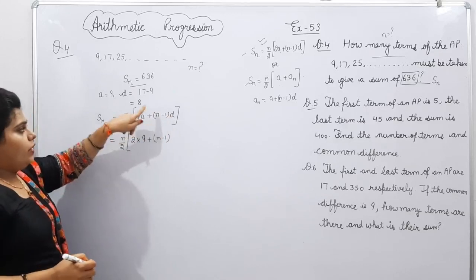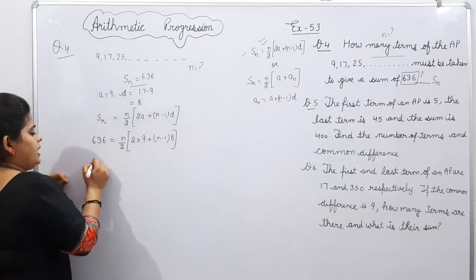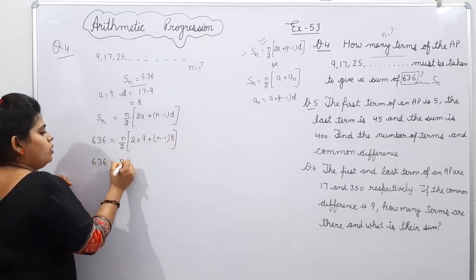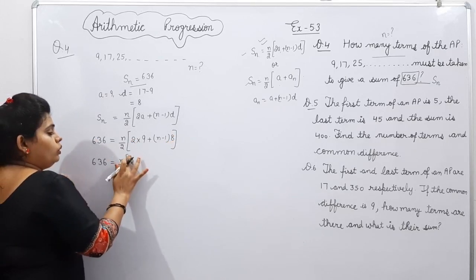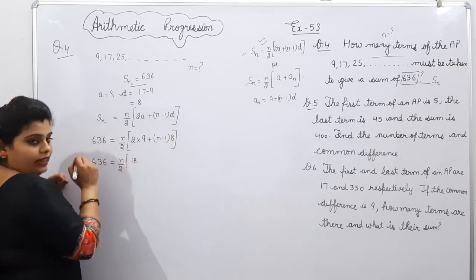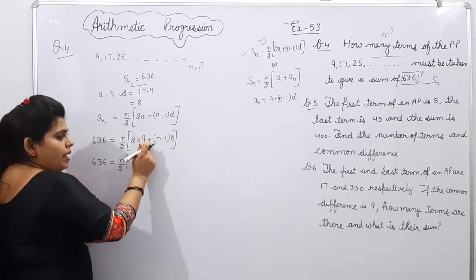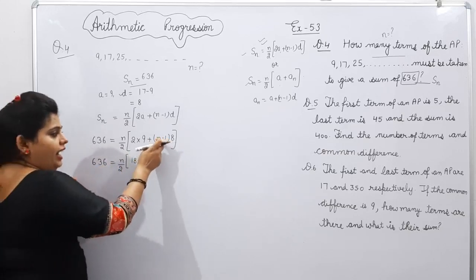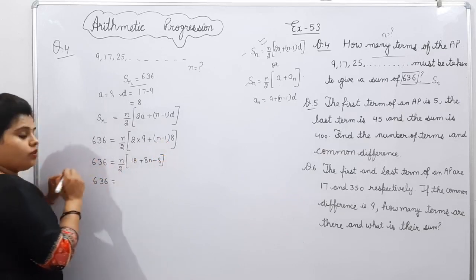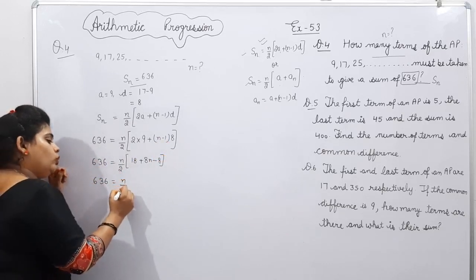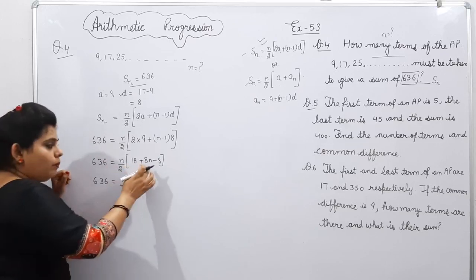D is given, and what is the value of d? 8. 636 is equal to n by 2 into 2 nines are 18 plus 8 into n, 8n minus 8 ones are 8. 636 is equal to n by 2 into 18 minus 8, that is 10, plus